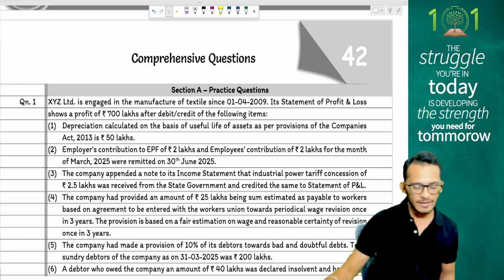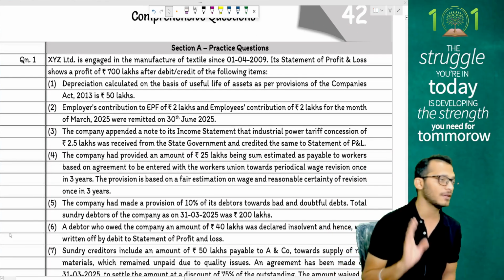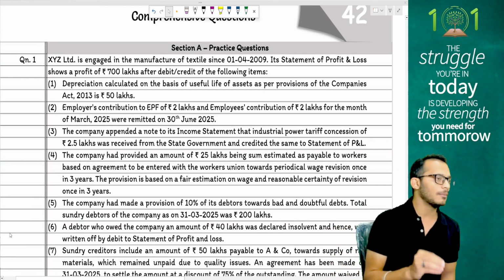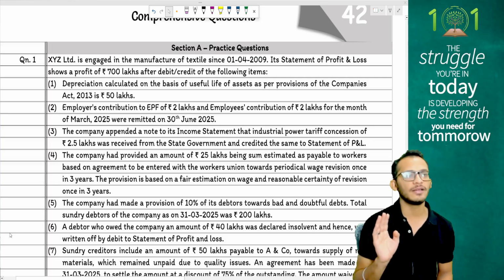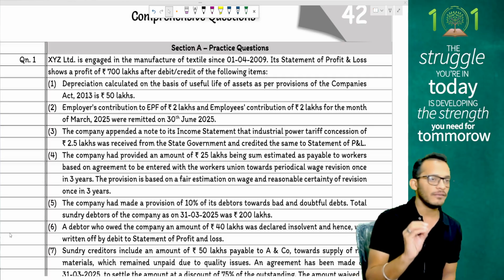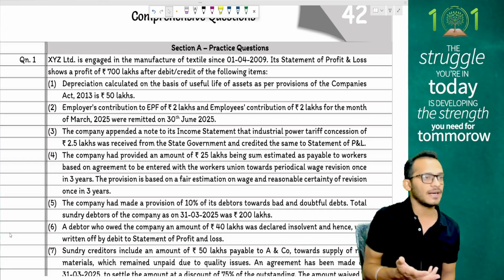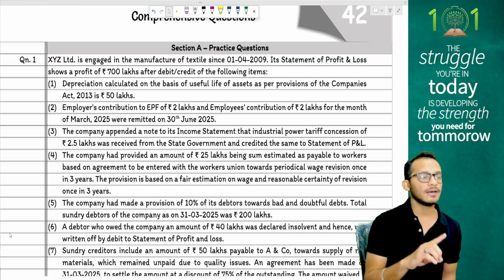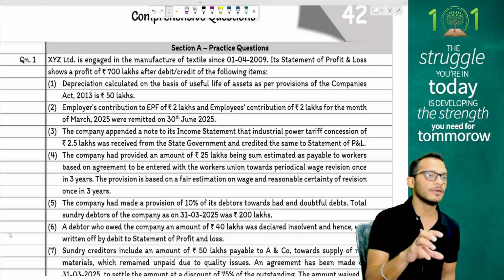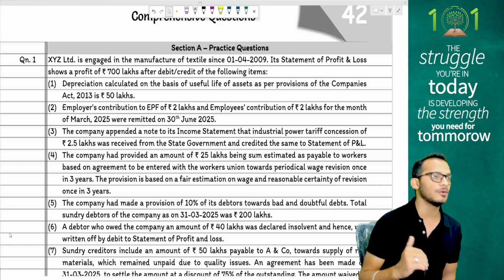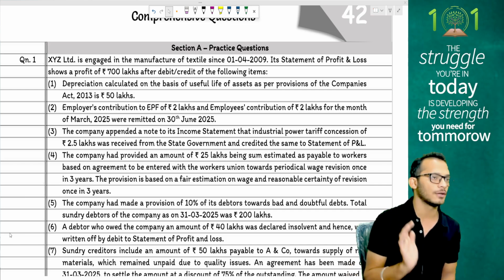We have a handful set of questions, people, a good set of questions, some from study material, some also from your past exams. The ones which I felt were difficult from past exams have also been handpicked. We're going to discuss all those questions in today's class. Questions where I feel it is better we write down, we will also write down in the complete exam template, meaning along with notes, along with adjustments and all those things, so that you also get an idea of how you should present your papers.